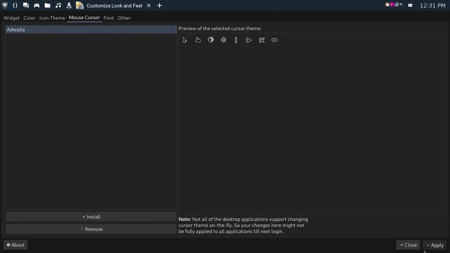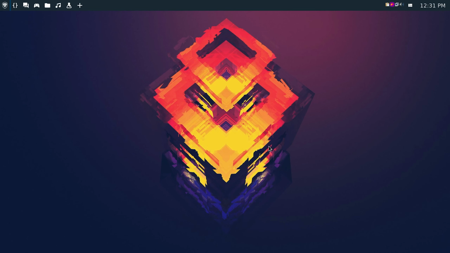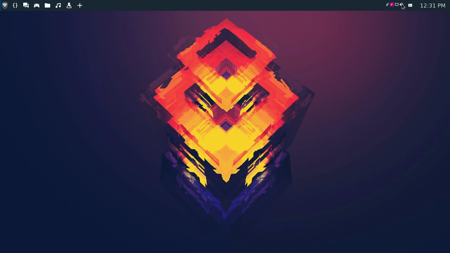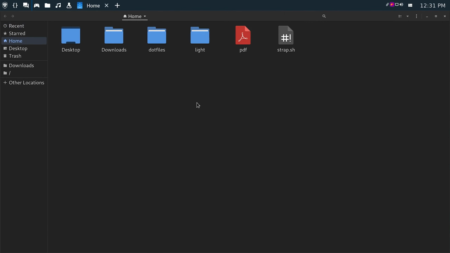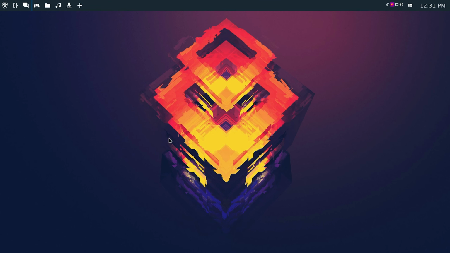I'm going to apply and log out. Control Windows Q to log out, and I'm going to enter the password. Now you can see the dark theme, it is dark, and the icons also changed, and if I open the file manager it is also dark. So that's it friends.